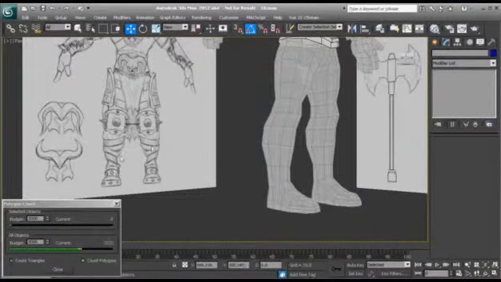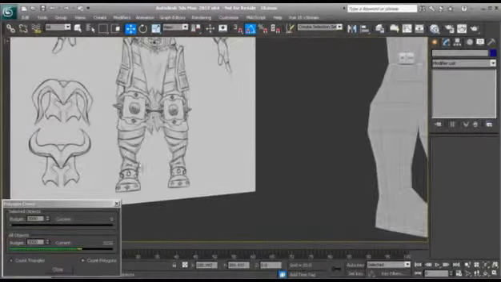So by taking a look at this, we see the cloth on these boots, and they really do hug most of the leg. Now you might get a few wrinkles here and there,